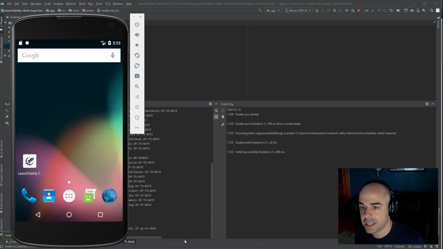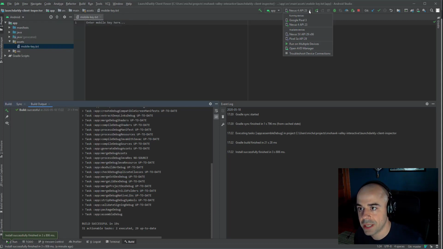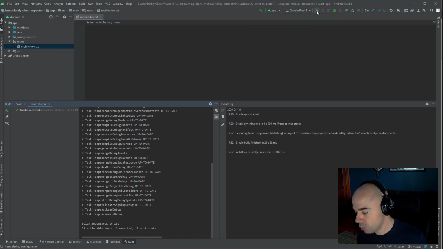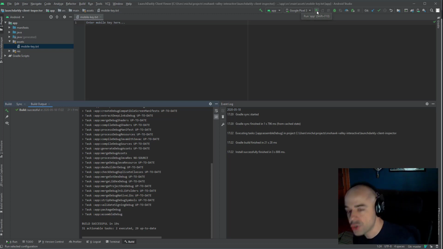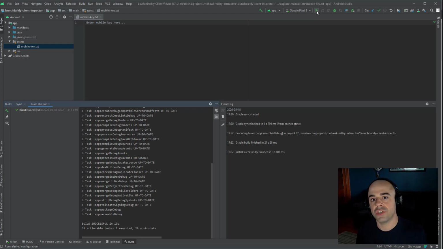You'll hear USB detected, and I click on my drop down. You're going to see that Pixel 3 is now an option. So if I hit play now, it will deploy to my Pixel 3. Now, it's really kind of redundant to point out, but I do want to show how your Android device should